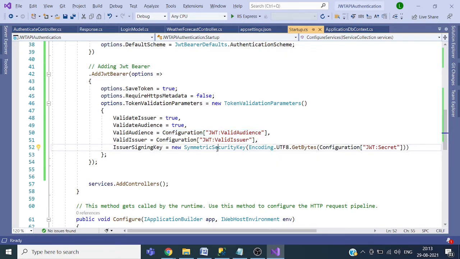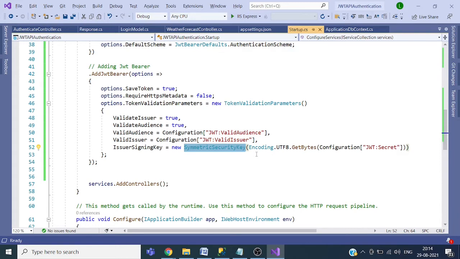And again, when the JWT token is received at the server end, the server will again compute the signature using the header and payload.